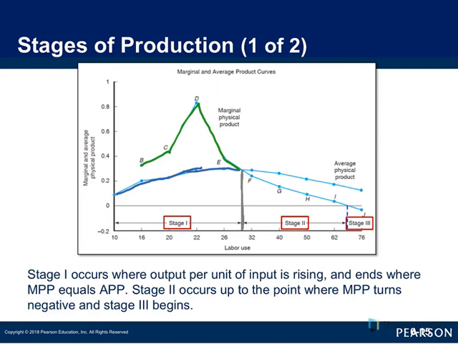If we keep on watching our marginal physical product as it moves through stage 2, we're adding more people, and it is becoming less and less effective. And eventually, you can see on the margin, if you look at the change from stage 2 to stage 3,